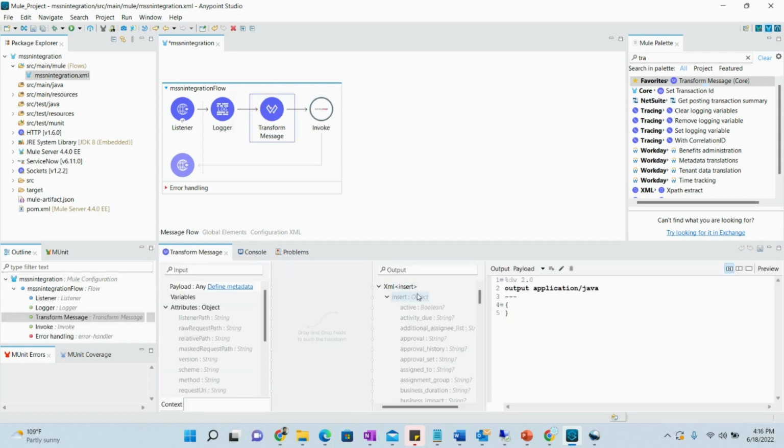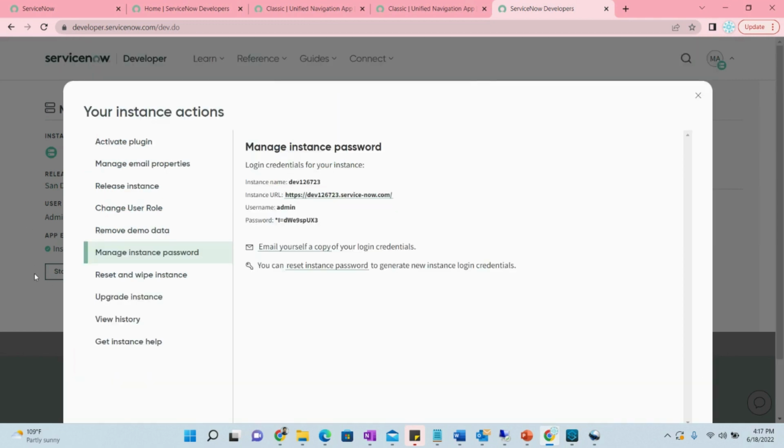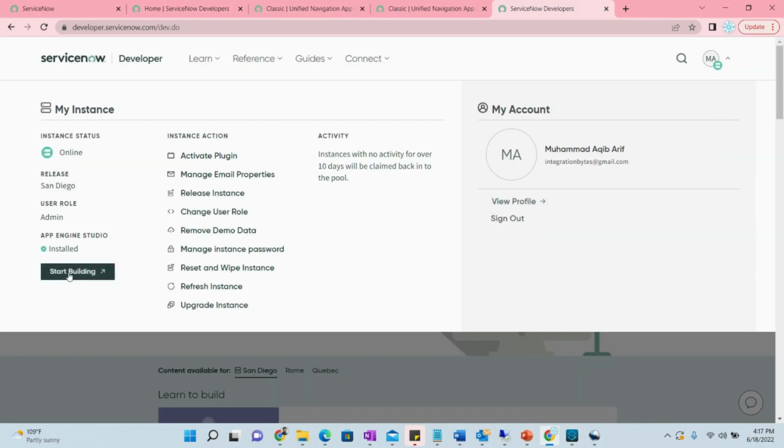Now here we see what should be added in the invoke operation, and which fields are to be added over there, right? So if we go to that ServiceNow table, we can just click start building,